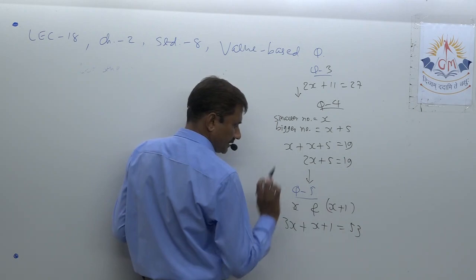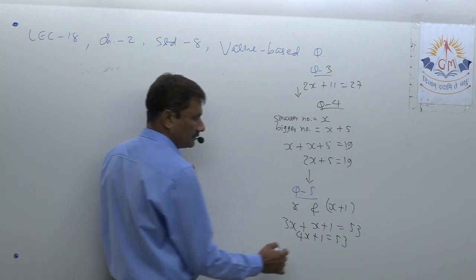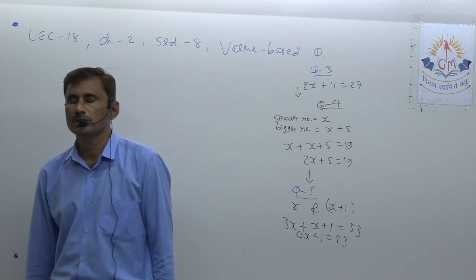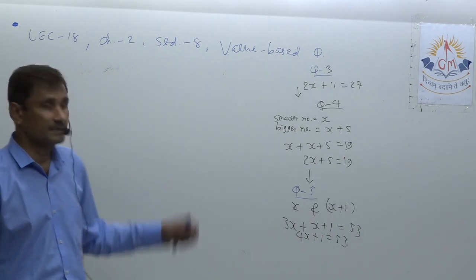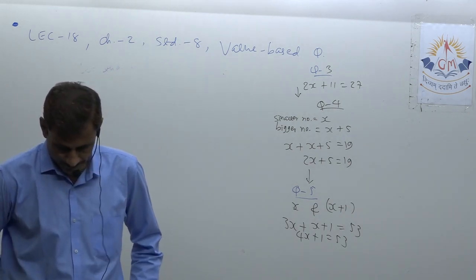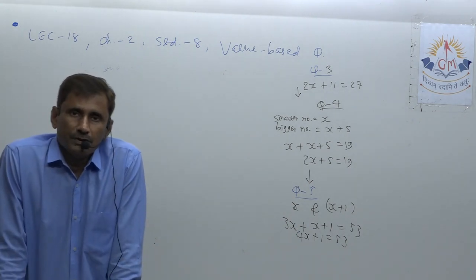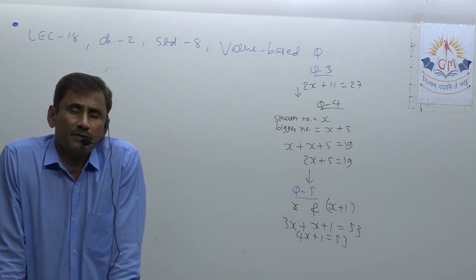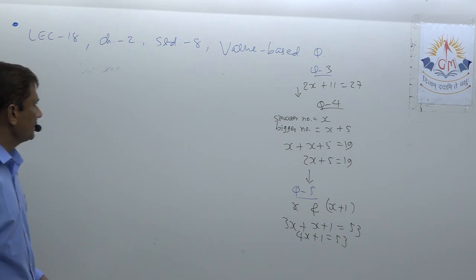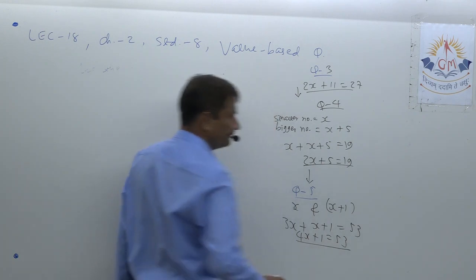Okay, this is the smaller, this is the bigger number. So it will be 4x plus 1 equals 53. Now again you want x, so just shift 1, then 4 according to the rule. So you will have x. x means the first number, x plus 1 means the second number. After getting x, you will have both numbers. Suppose you get x as 5, then the next number will be 6. So both numbers are 5 and 6. Okay, so understand the equation well here, where from and how it came.